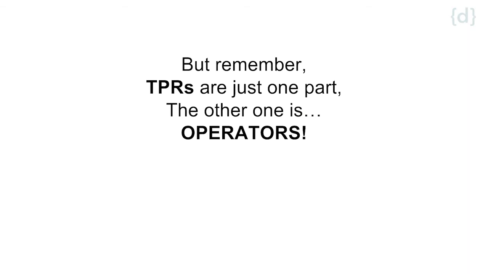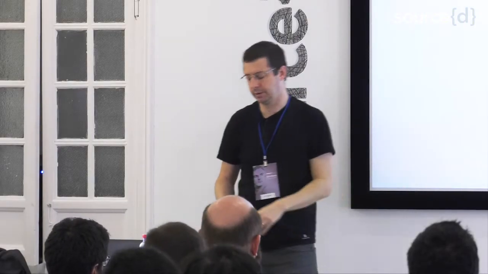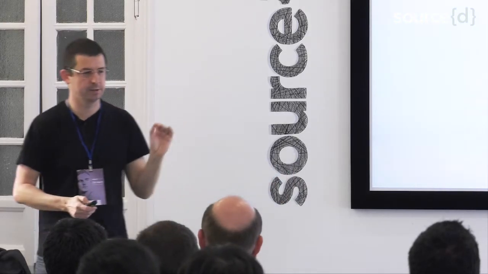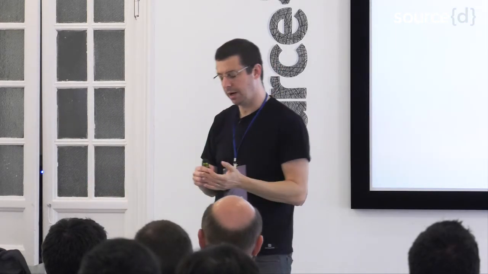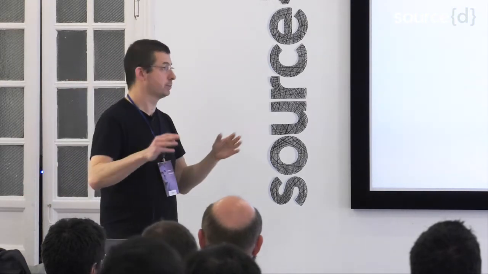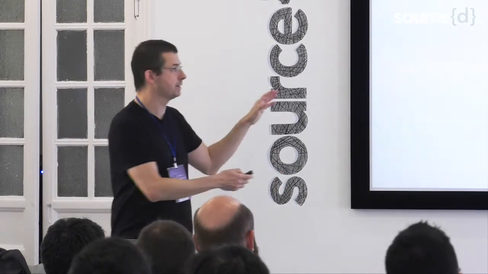But remember, the data is just one part. The key here are the operators or the controllers. That is what is very important for your business. And when people ask me, oh, I built around 7 operators in Soho House, oh, can you share them? I say, well, they do something very specific for Soho House that probably does not work in your business. The way that you handle your LDAP or your users or your reports or your backups or whatever, it's very personal to the company, right? But the pattern is there.